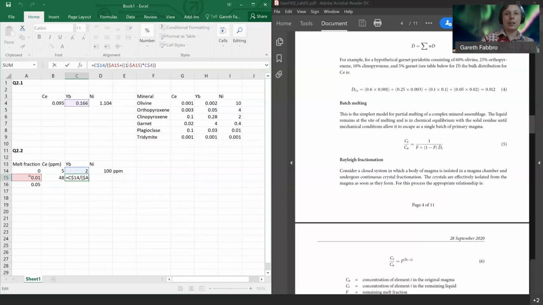So we can drag this across to nickel, and then we can drag the whole row down, and this then should work, and we can copy that one. So you should see how the concentration changes. So you have here